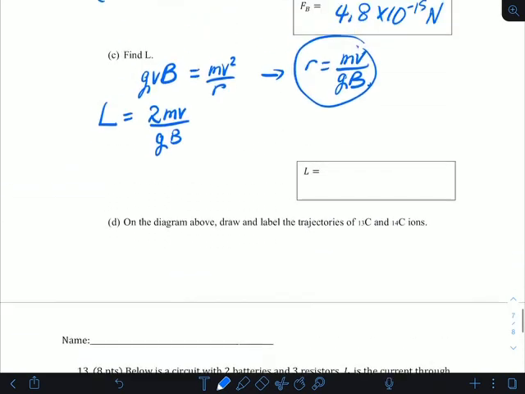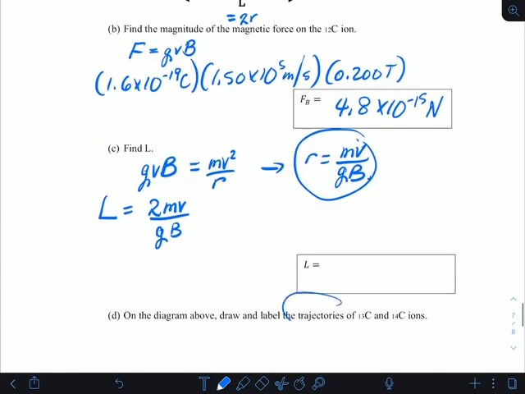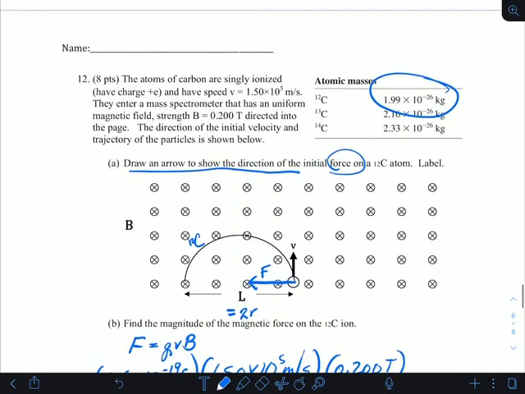And finally, the trajectories. Notice that L increases as m increases. So the trajectory